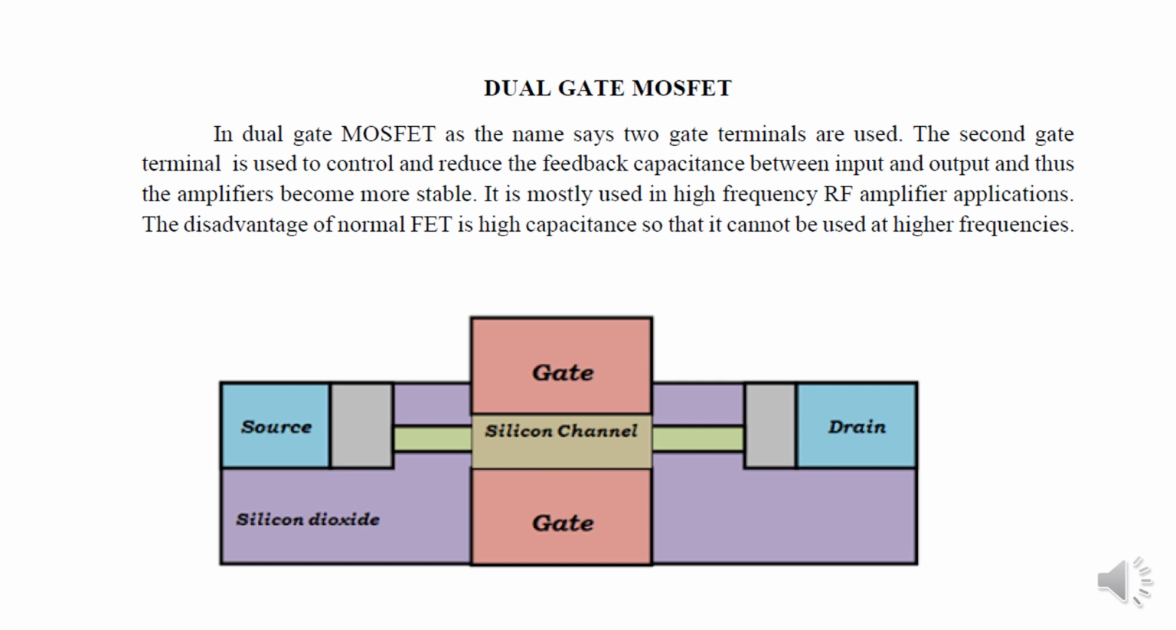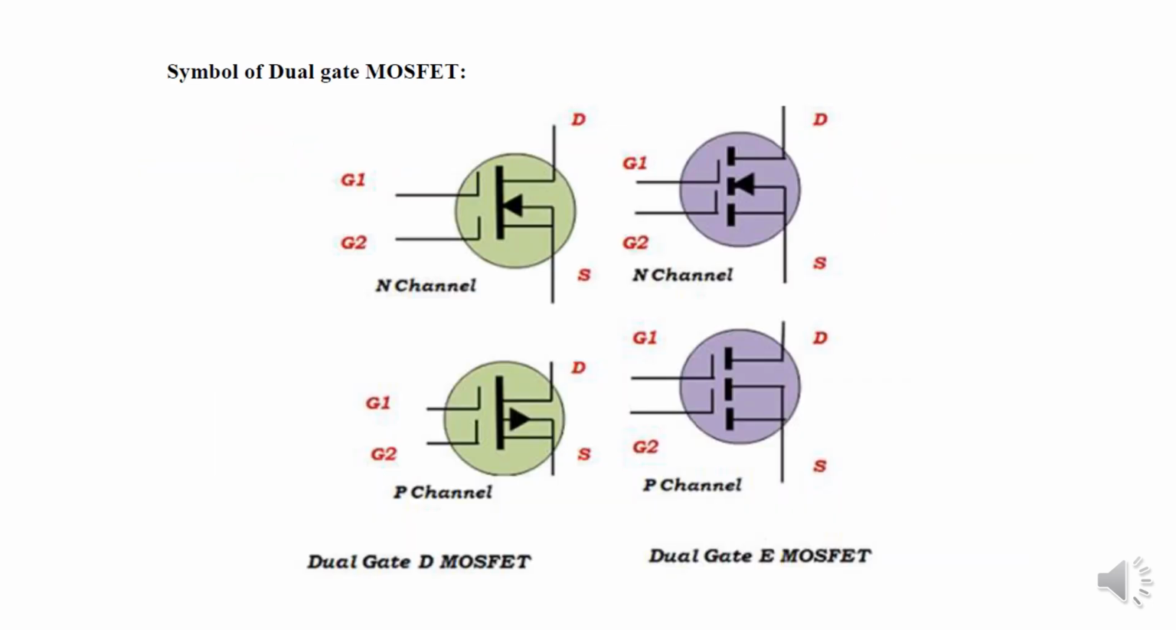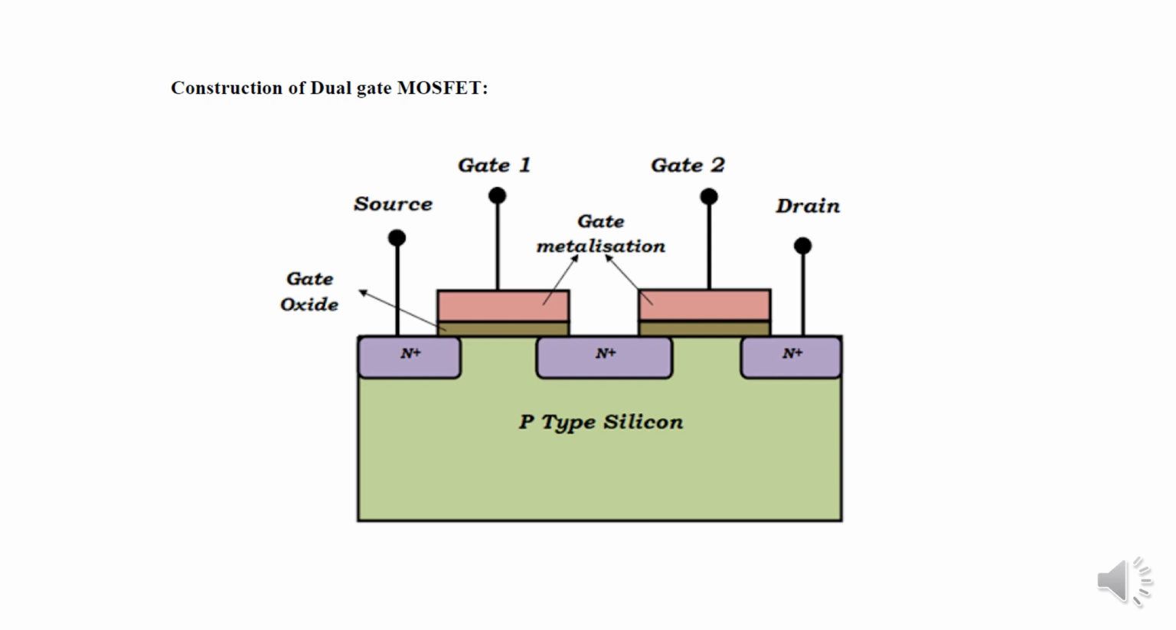The disadvantage of a normal FET is its high capacitance, so it cannot be used at higher frequencies. Well, we are seeing this is the symbol of dual gate MOSFET. This is the N channel and this is the P channel, that is dual gate D MOSFET and dual gate N MOSFET. Now for the construction, the dual gate MOSFET is manufactured using the silicon on insulator method,